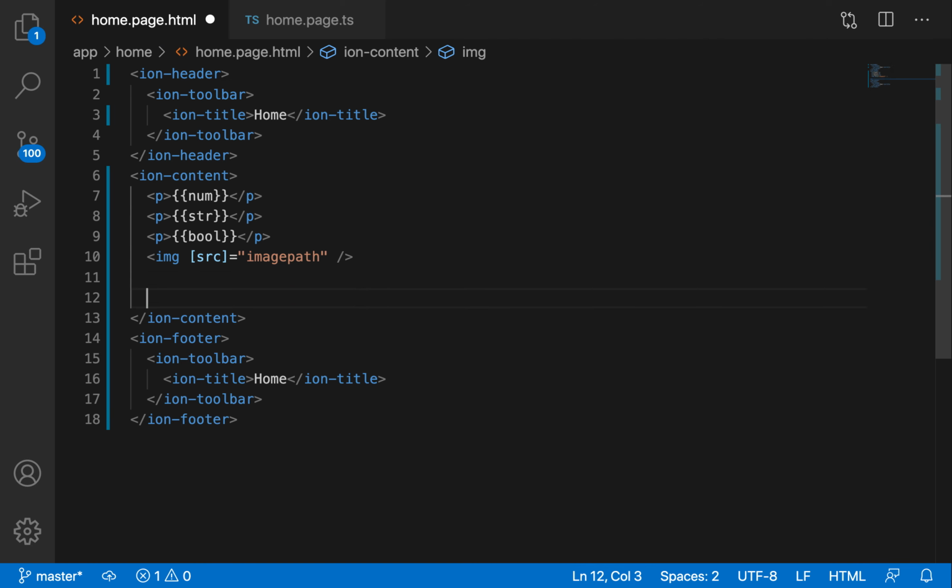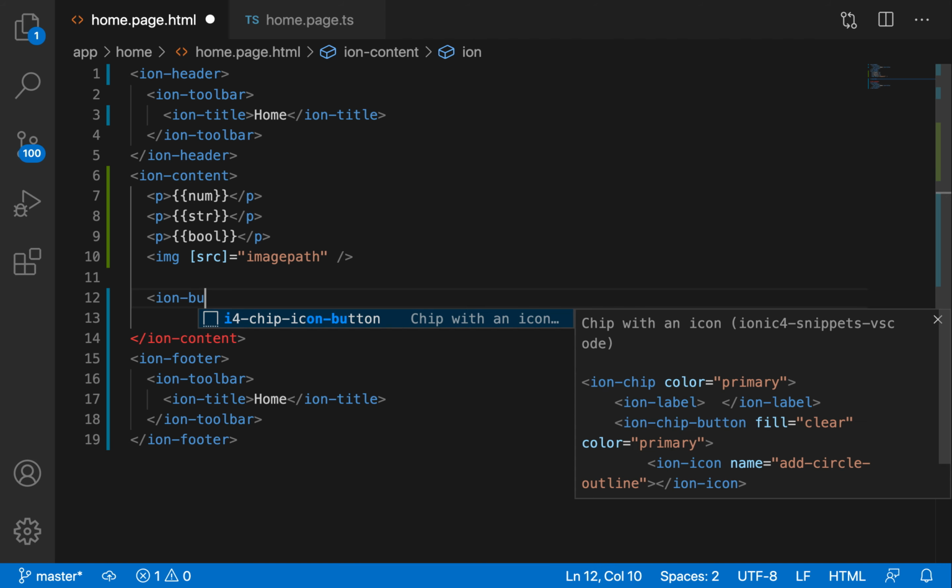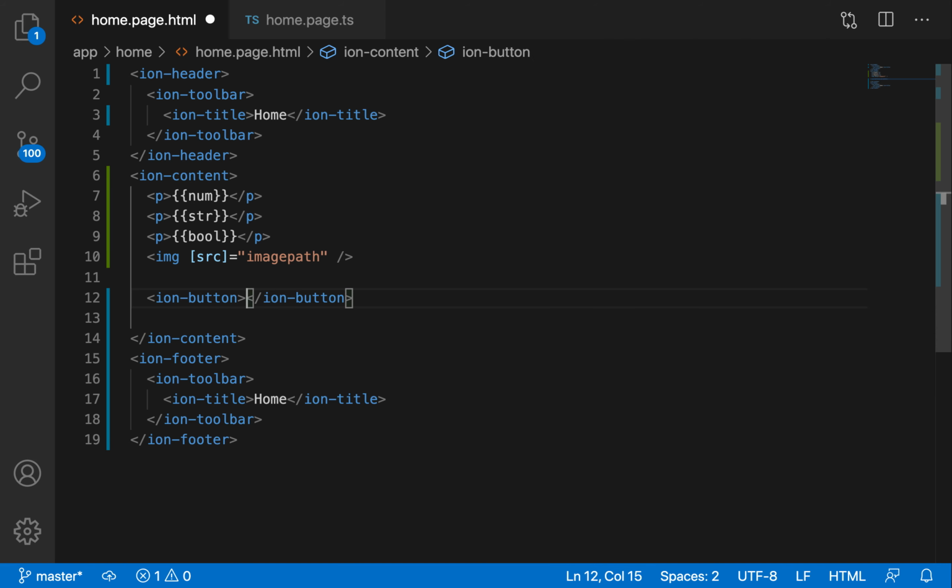So here I'll declare a button from the Ionic framework. ion-button is the tag to display the button. I'll write some text like click for the button name. We'll discuss this in detail in the next tutorials. For now you can remember ion-button is the tag to display the button. So now this is my button.